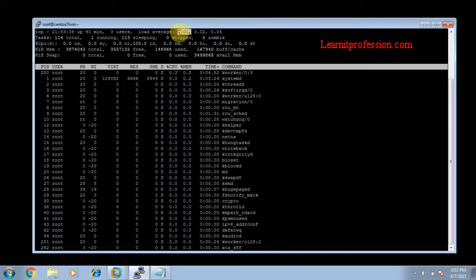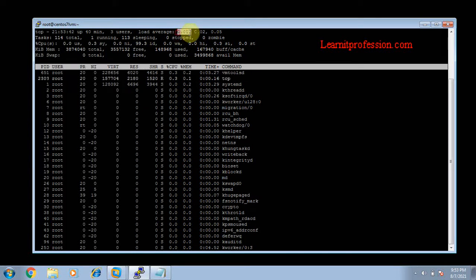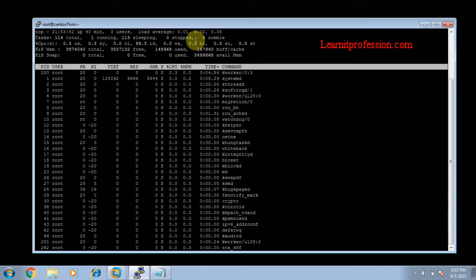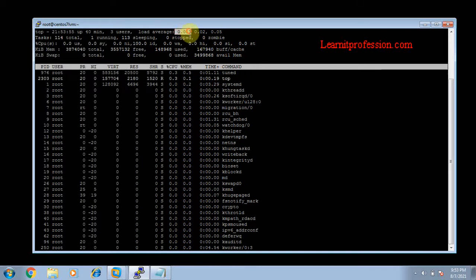If this is the load average related to the CPU, what is the current consumption? The first one shows the previous single minute, how much CPU the processes consume. At this time it's 0.01.